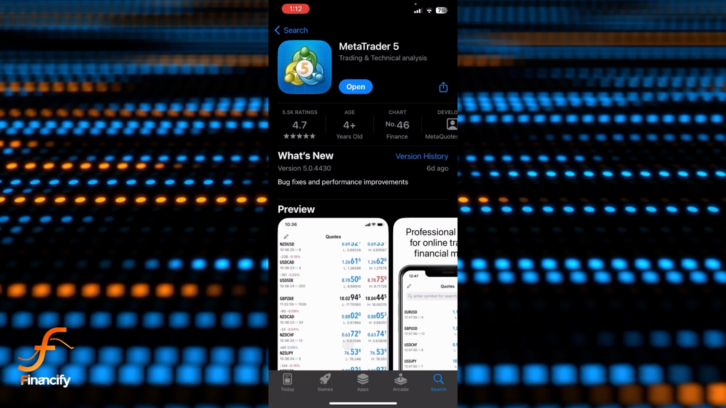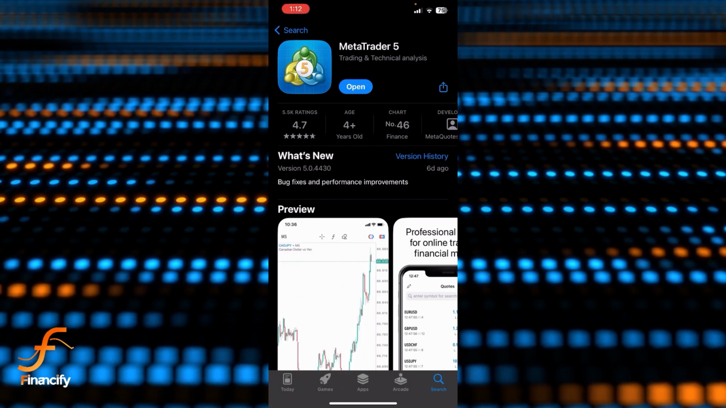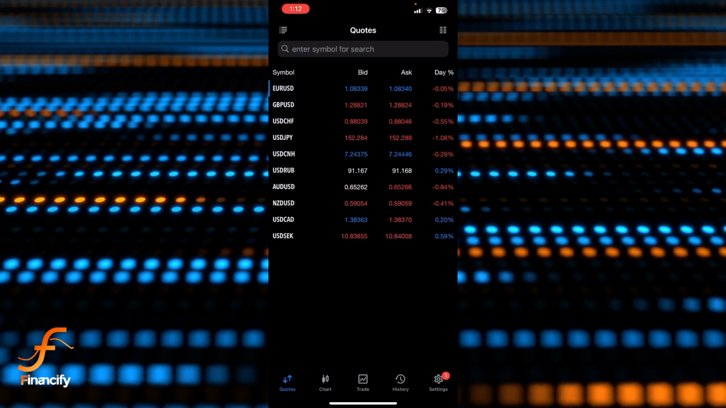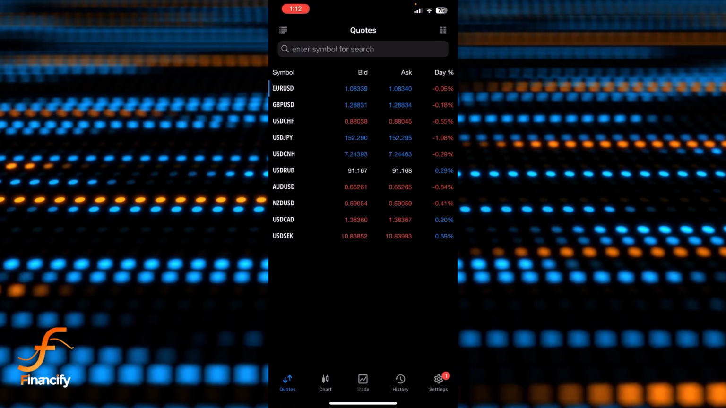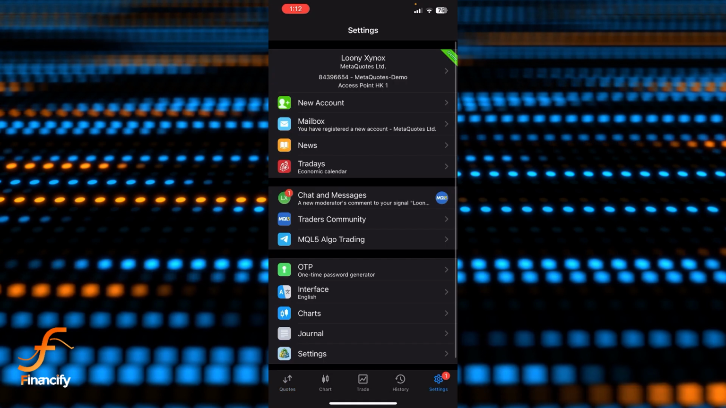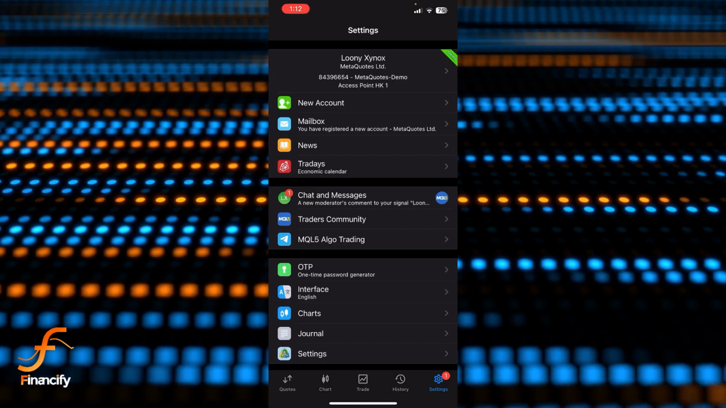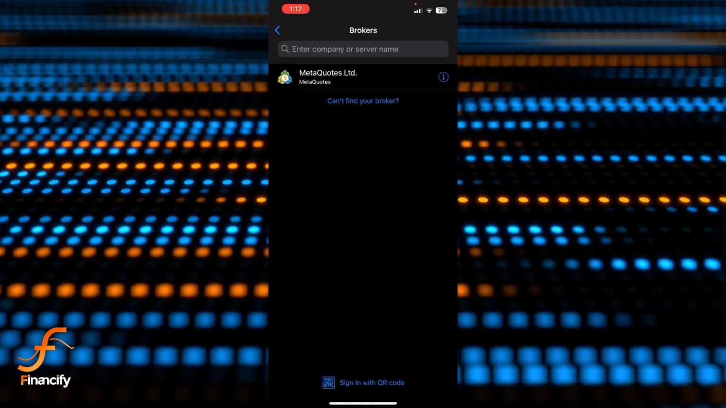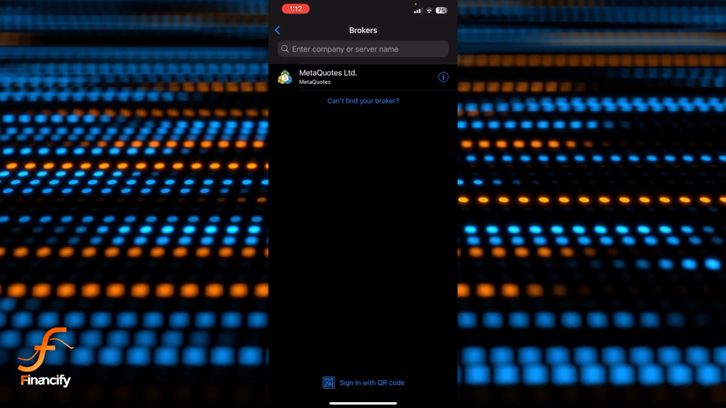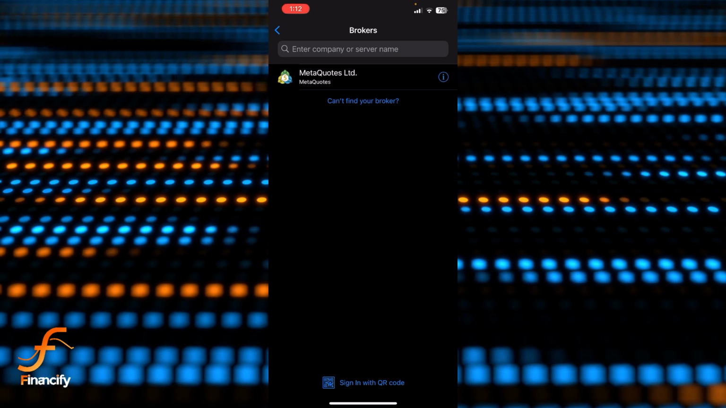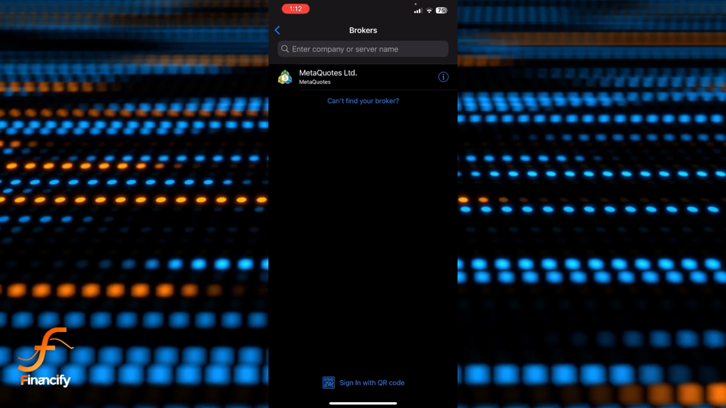First things first, I assume that you have already downloaded MetaTrader 5, and once you open it, make sure you have already logged in as well. If you haven't logged in, then simply tap on the settings, and now you can see there is a new account. Once you tap on that new account, you can add your demo account by tapping on the MetaCourse Ltd, or you can also add your real account by searching in the search bar. So let me get back,